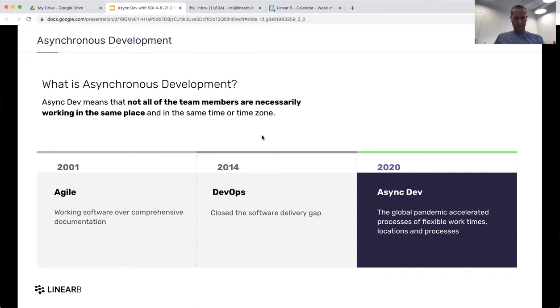So 20 years ago, you had the Agile Manifesto, which was a great document that was written at the time. I still had the opportunity to work in companies that work in waterfall format, so I experienced the pain there. And Agile took us from investing in comprehensive documentation to dedicating more time to working software and iterating on it. Then in 2014, another big movement started, DevOps,